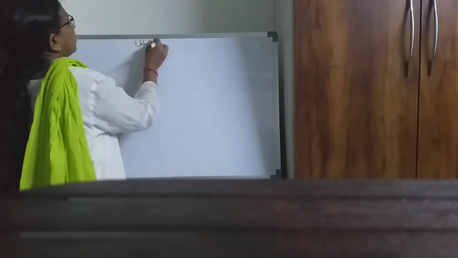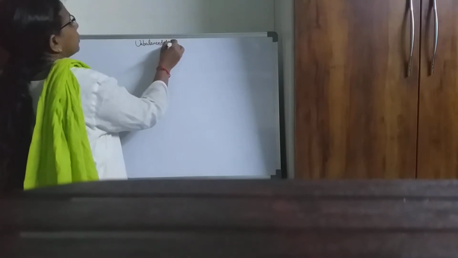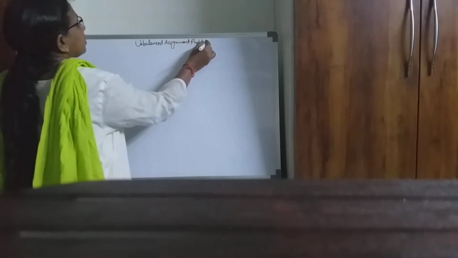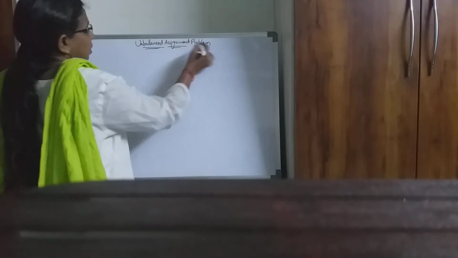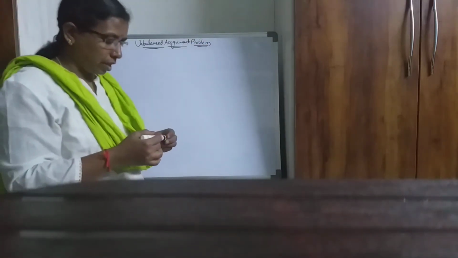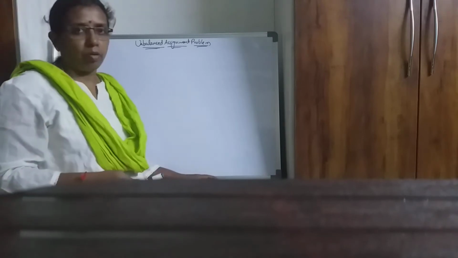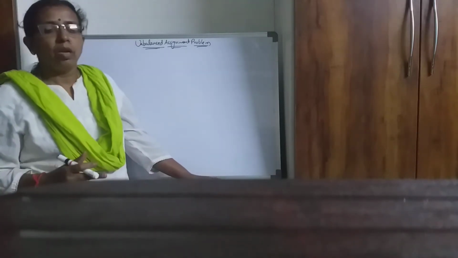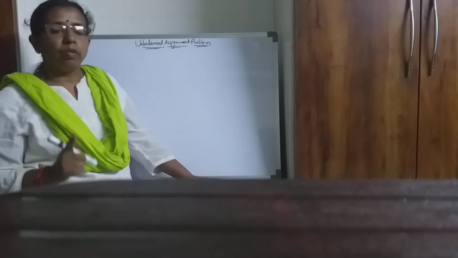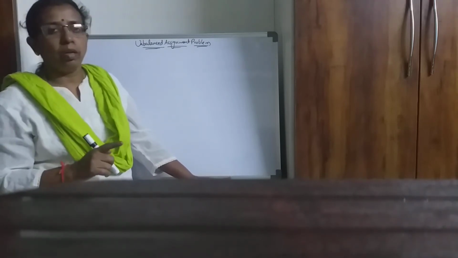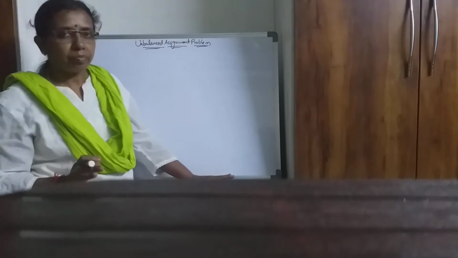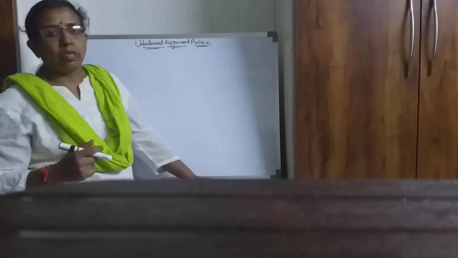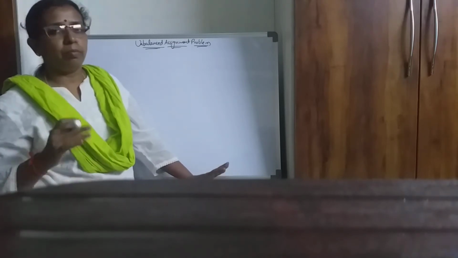Good morning, students. Today we will see how to solve an unbalanced assignment problem. In the last class, I told you about the assignment problem and how we solve it. Assignment problem is nothing but assigning of jobs to the persons such that each person will do only one job and all the jobs should be completed simultaneously at a time. That is the main objective of the assignment problem, and the jobs should be completed with minimum cost.